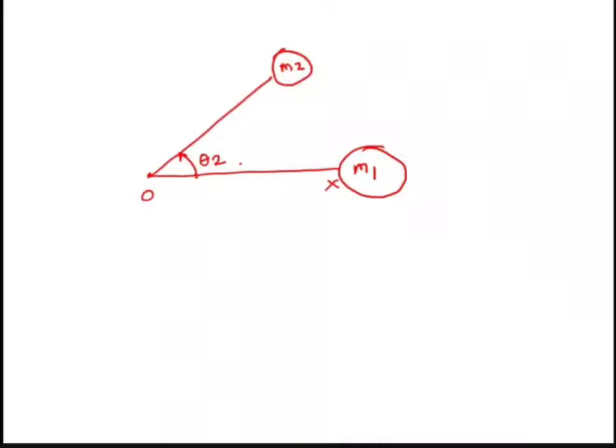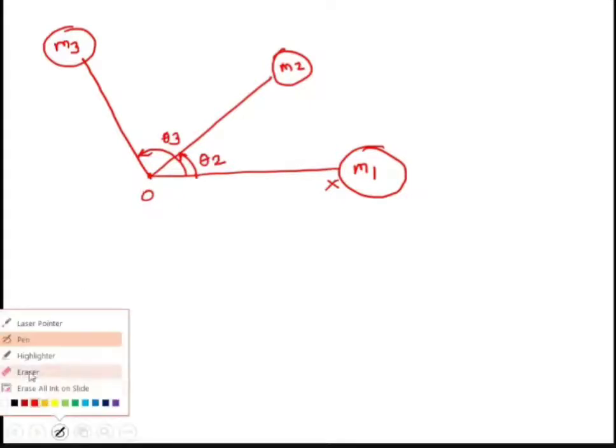Now what is the next angle? Theta 3. So mass M3 is at an angle theta 3, which is 120 degrees. You have to do this with the help of a protractor. You have to take accurate angles, otherwise you cannot draw the parallel lines. So let us say now this is M3. M3 is located at the angle theta 3. Okay, I will just change the color pens here.